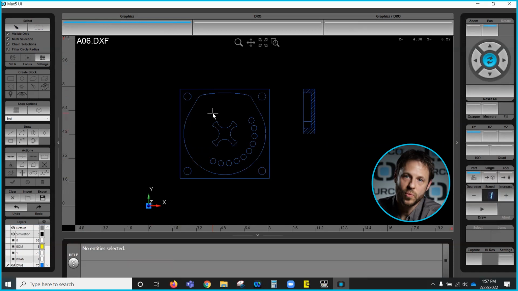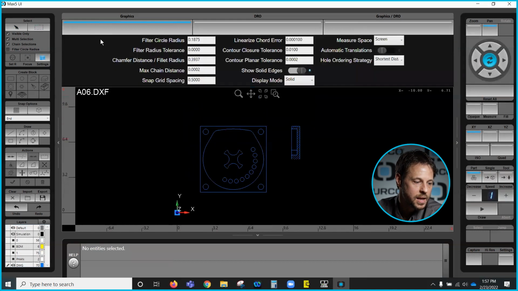Now, there's two ways we can tell it what radius we want to select. The first thing I'm going to do is kind of the manual way. We're just going to go in and type in the radius that we want to select. To do that, I'm going to open up this settings area. You can select it with this icon here. And this is going to open up a bunch of settings, which we'll go into more detail in later videos. But for this video, we are going to utilize the filter circle radius field that's right here at the top. So if I wanted to, let's say I just wanted to select these 4 outer holes,